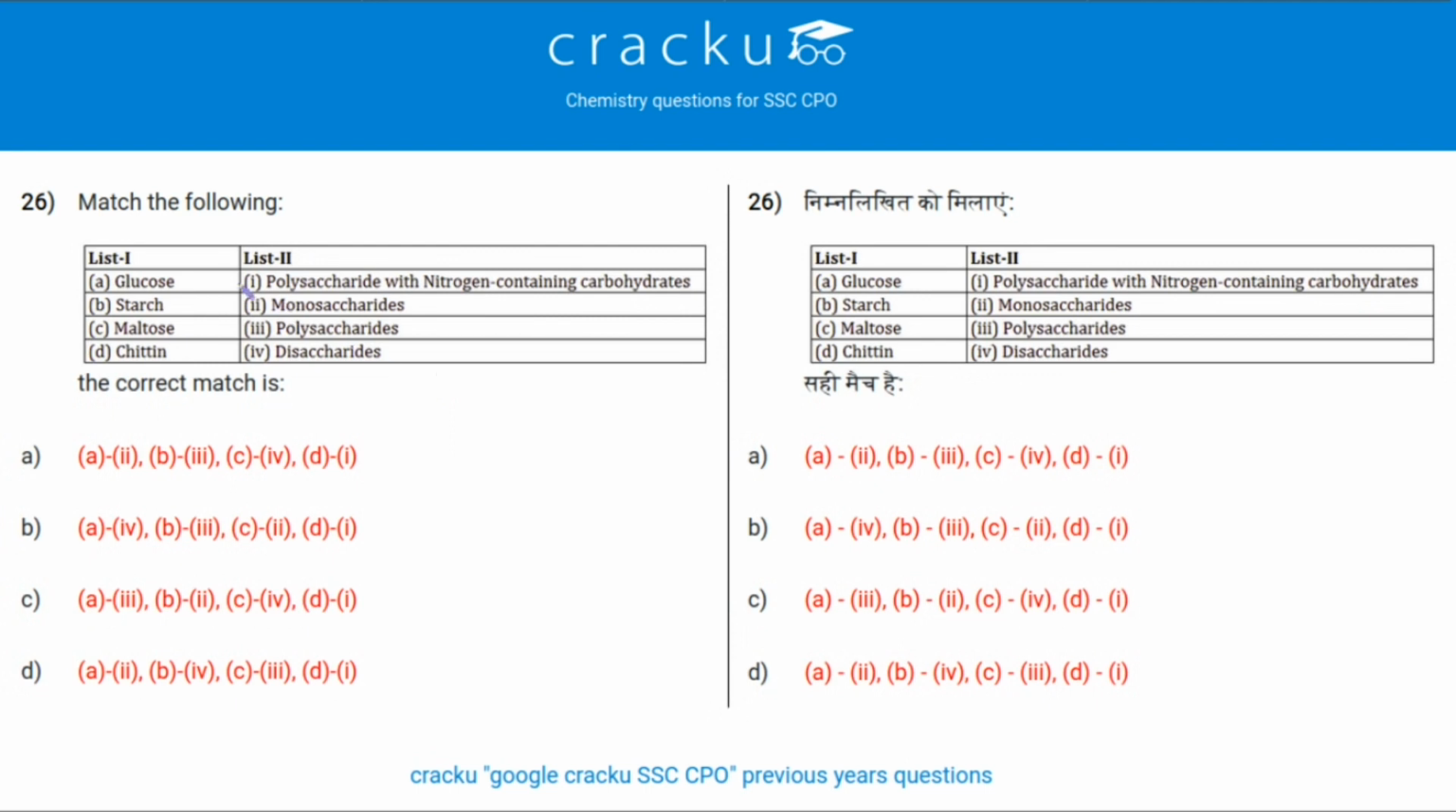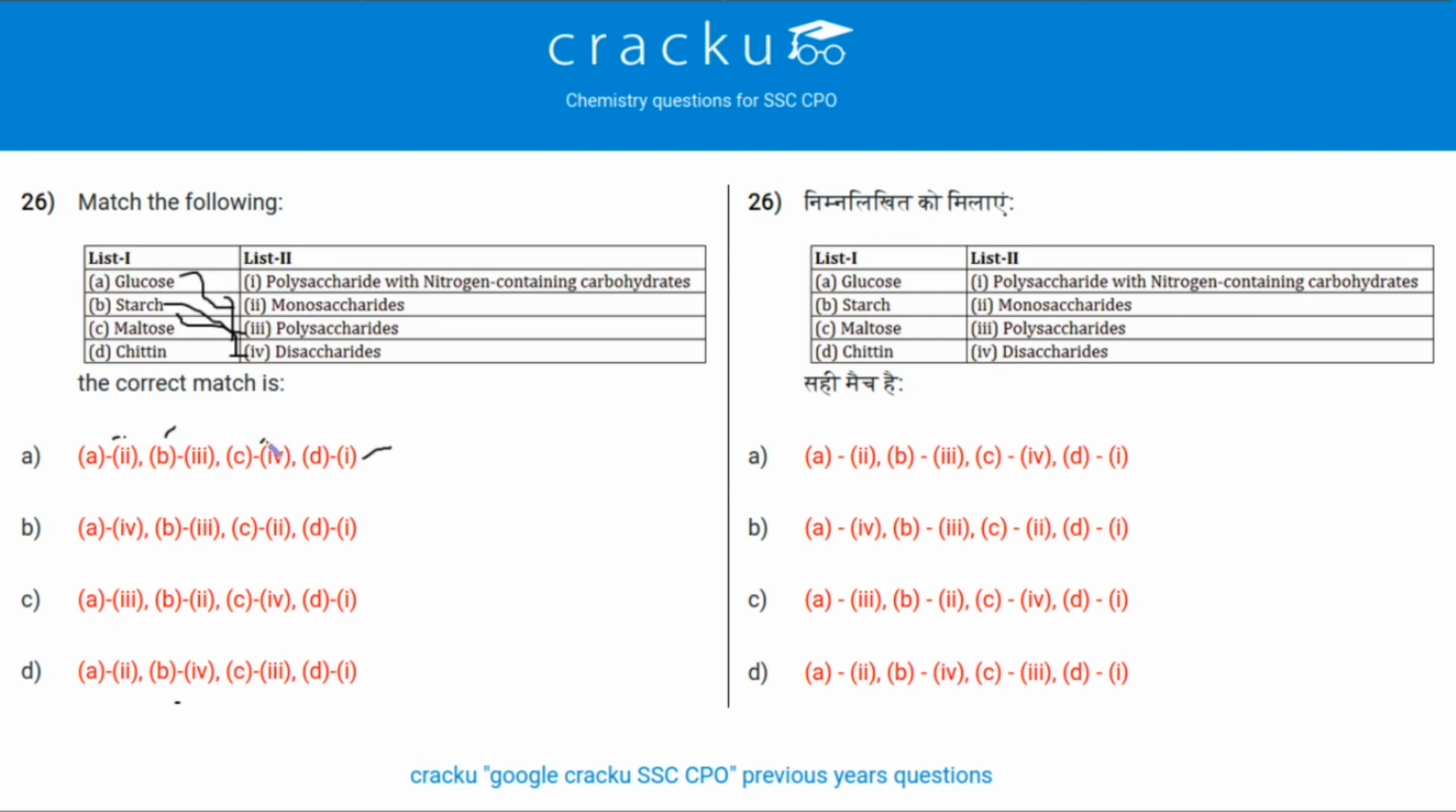This is the easy one. We know glucose is monosaccharide, maltose is disaccharide, that is A2C4. A2 is found here, A2 is found here and C4 we can find in option A. So till now let's go with option A, A2C4, and starch is polysaccharide, it's B3, so B3,